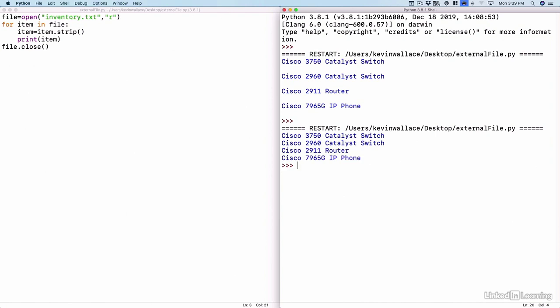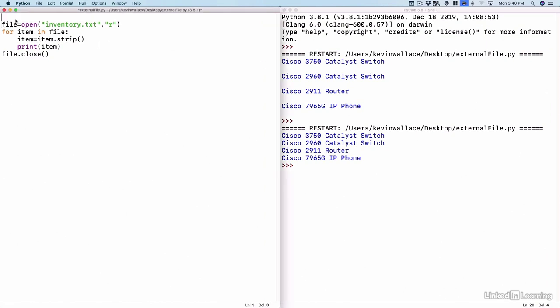Now, let's see how we can read these inventory items from a file and then use it to populate a list variable that we can then work with as we've been doing in previous videos. Let's say that we're going to have this list variable named inventory, and we want to populate it with the values in that file that we're going to be reading in. So just above our first line here, let's add a line where we're going to be defining a list variable named inventory, and it's empty to begin with, so I'll say it equals open and close brackets, and we're still going